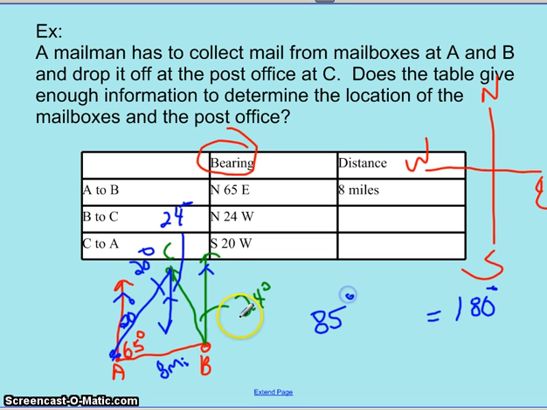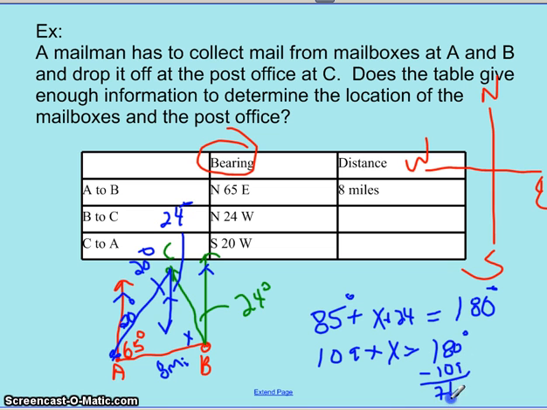So what does that allow me to do? Well, I know that if I call this angle x, then x plus this little piece right here, which is 24, would have to combine with that 85 to equal 180. So I'm just going to put it in here as x plus 24 is equal to that 180. Now I can add the 24 and the 85. I believe that will give me 109 degrees plus my x would equal my 180 degrees. Now if I subtract the 109, boom, that's going to give me 71 degrees for x,